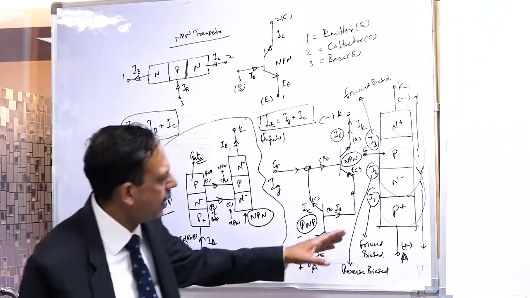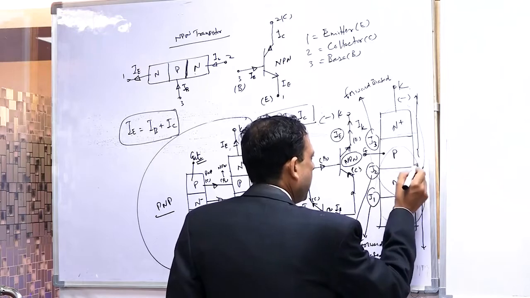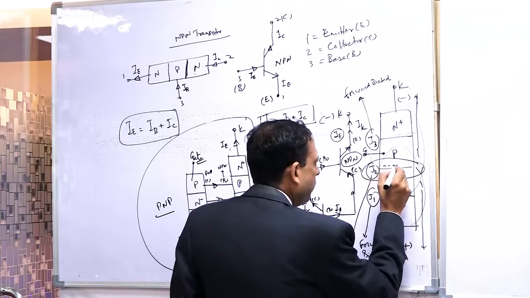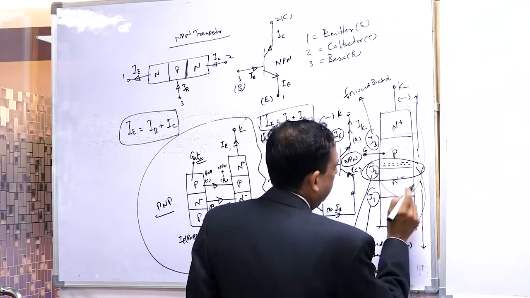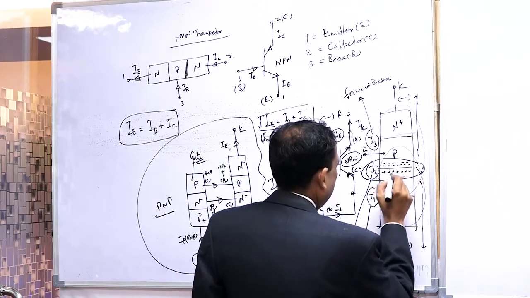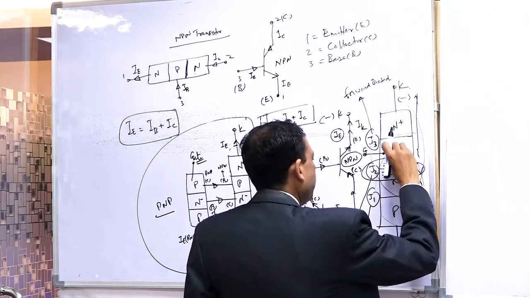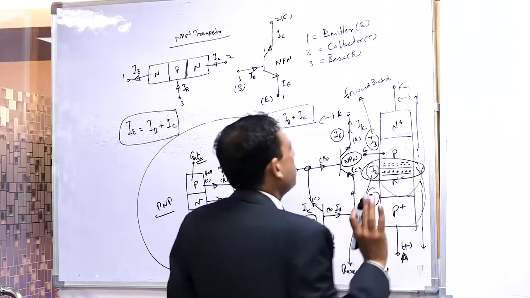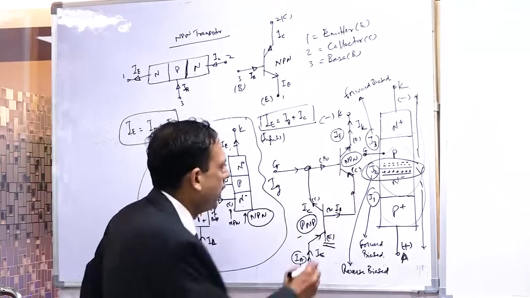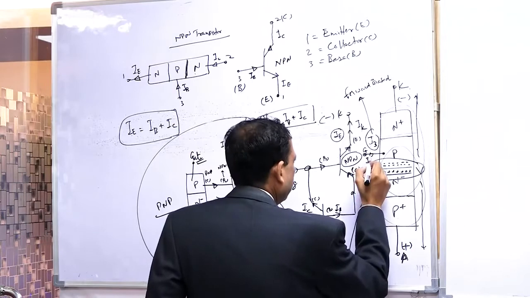Now you see, when this is forward biased, you know that this junction is reverse biased. Reverse bias means this side has more N minus, and this particular side is positive. One side is negative and another is positive, so it's a reverse bias. So J2 is reverse biased, that you know. What are we doing by the gate? What is the gate doing? This gate circuit IG, what are we going to do in this?